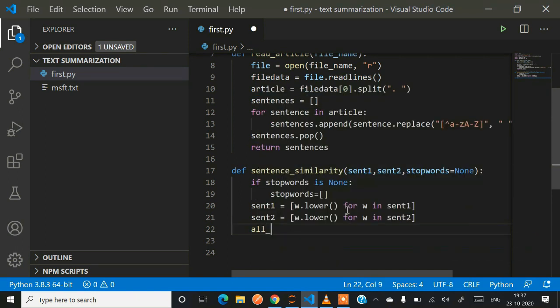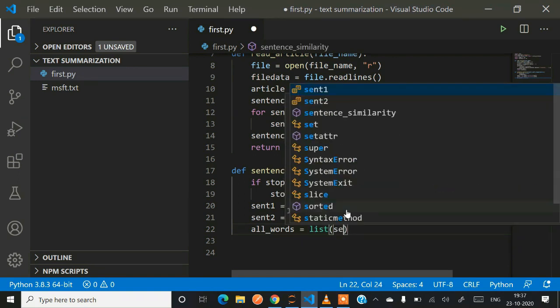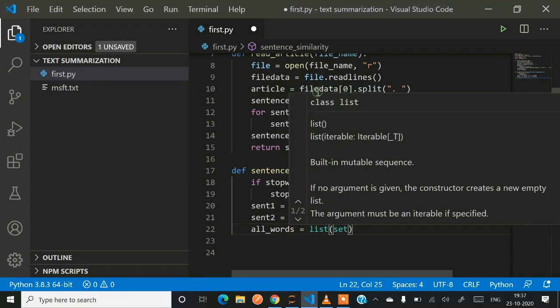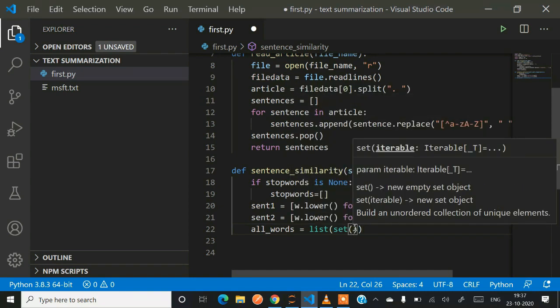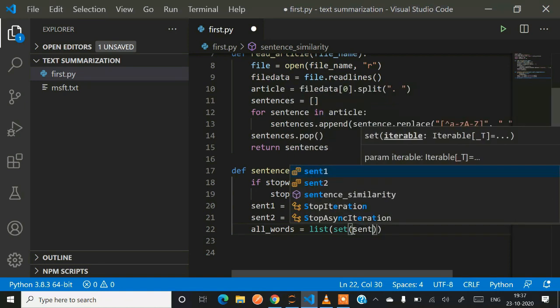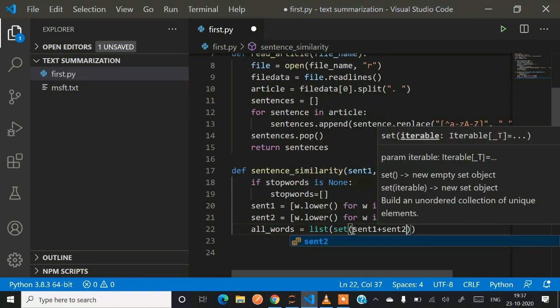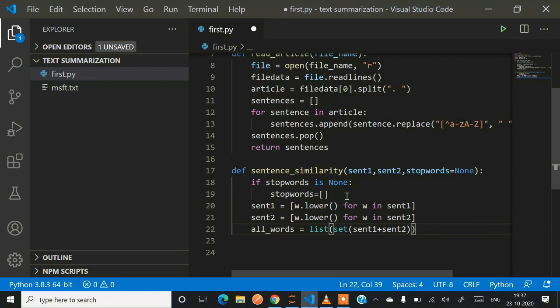So all words will be, create a list. Now create a set, because we need only unique words in both the sentences. So set of sent1 plus sent2. This is how we get only the unique words in sent1 and sent2. On this basis, now we are going to create two vectors.